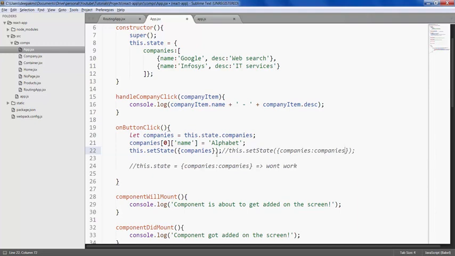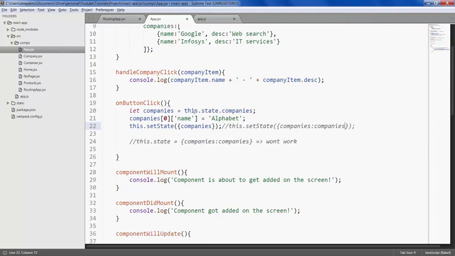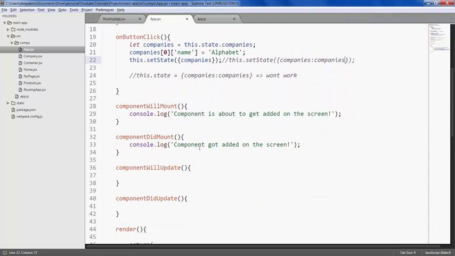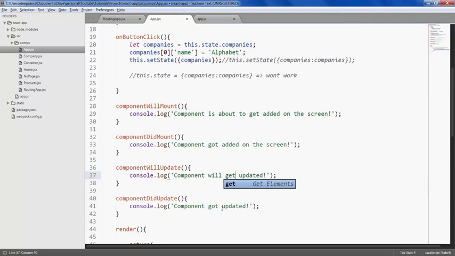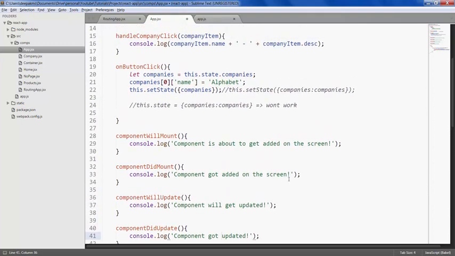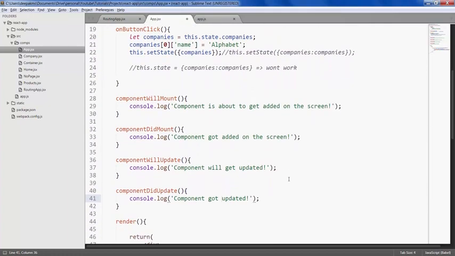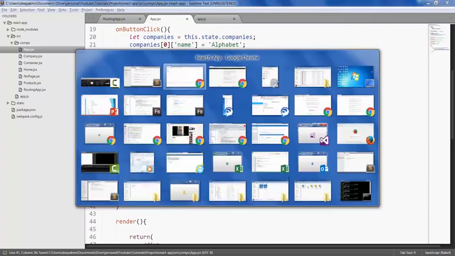Alright, now looks fine. Now let's log a message here as well. Alright, all looks fine. Let's save it,